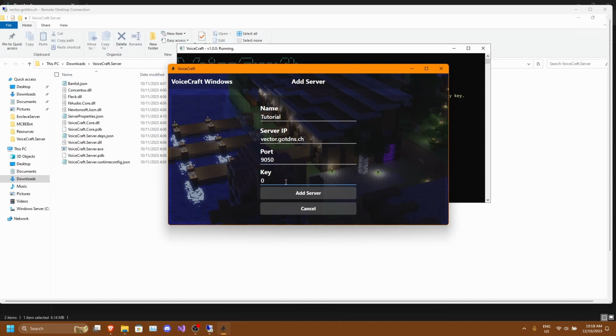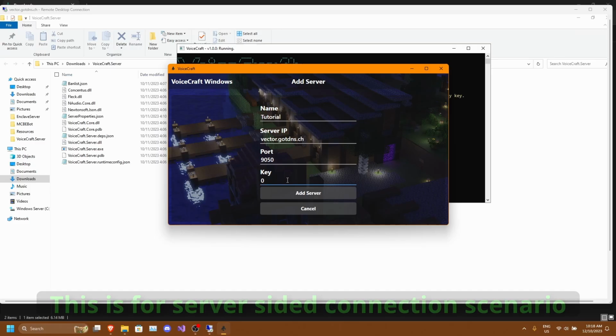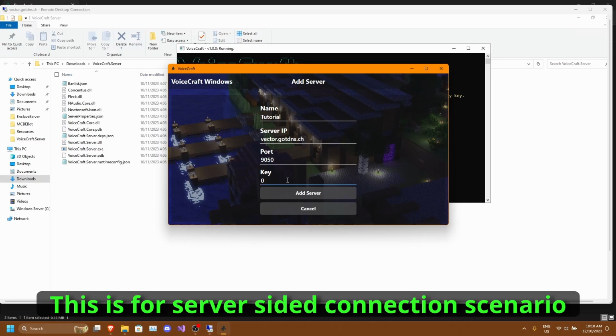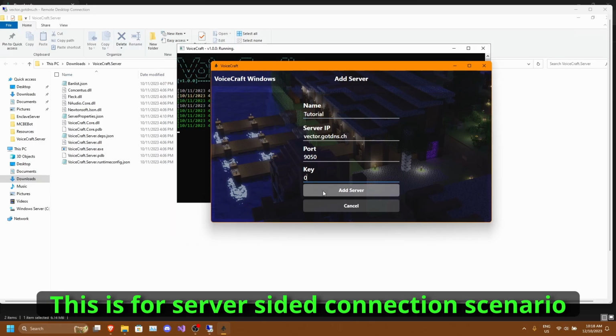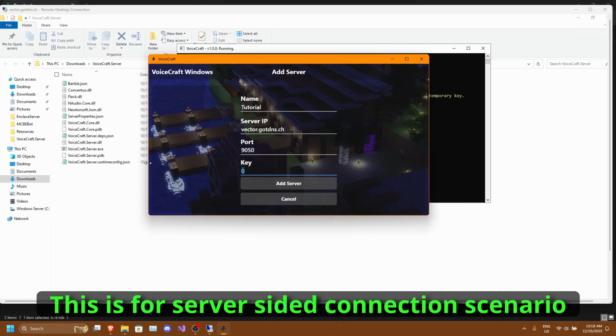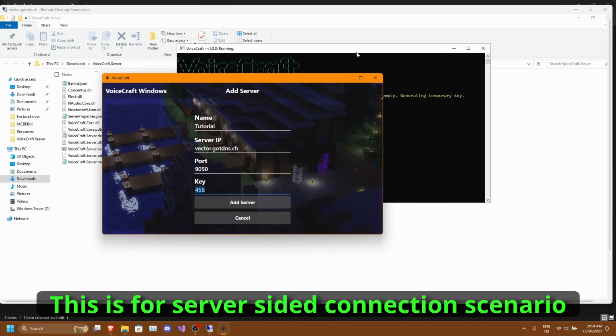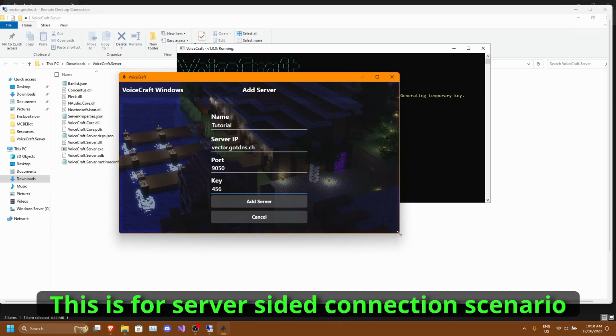One thing to mention is the key will actually change when there is a conflict. So the server will give you a randomly generated key if there is a conflict for your preferred key. So if you were to set a key of 456 and then it conflicted with another participant who has the same key, the server will give you a new key for that session, for that connected session.